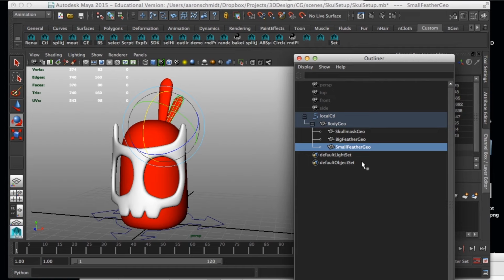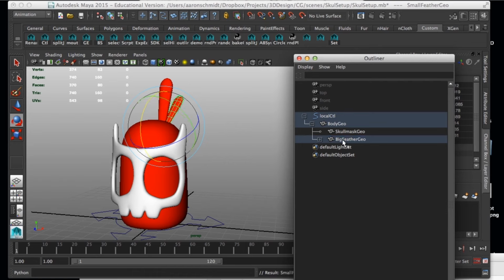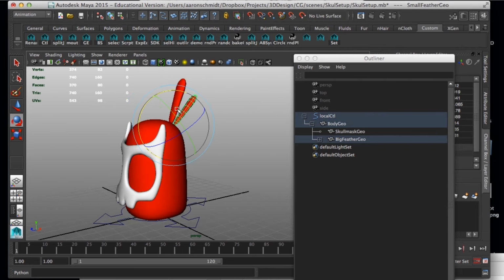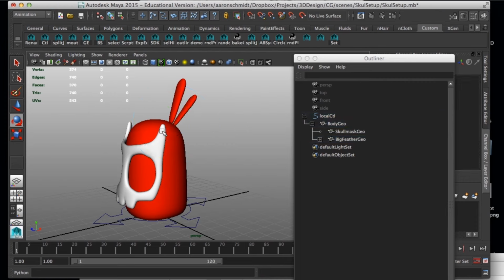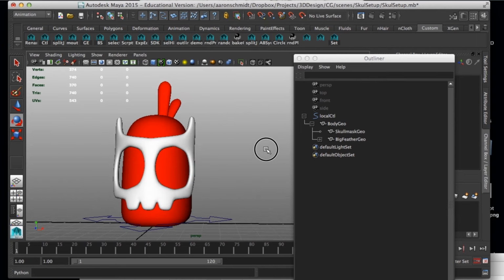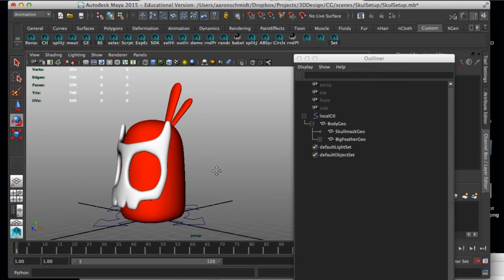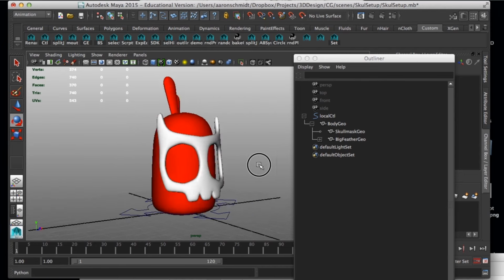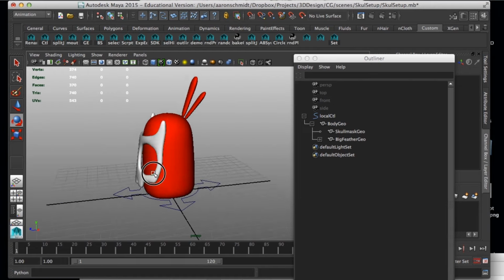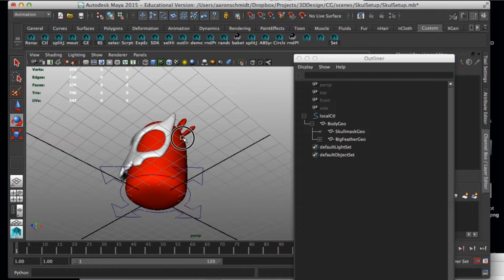And I might even want to put my small feather underneath my big feather, so that if I move my big feather, I only have to animate one, and both of them move, and later on I can animate this one to have secondary motion, a little bit offset from this one. So that's one option right there. Now what you might notice is this character has no eyes, and the reason is when building the eyes for a cartoony character like this, I like to set up the eyes